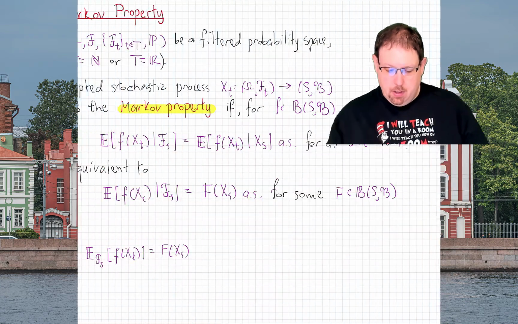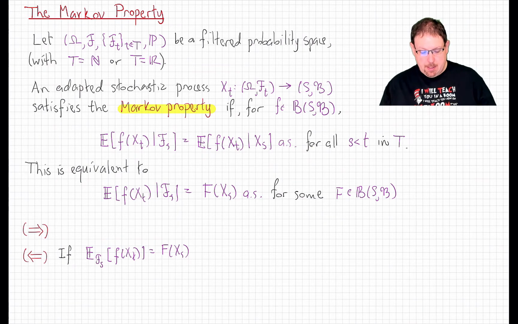We start with a filtered probability space, so that's a regular old probability space, together with a filtration of sigma fields inside the base sigma field, filtered over a time set, which will usually either be the natural numbers or the real numbers, always starting at some starting time, which we'll call 0. An adapted stochastic process, which remember means that at each time X_t is measurable with respect to the filtration at time t,